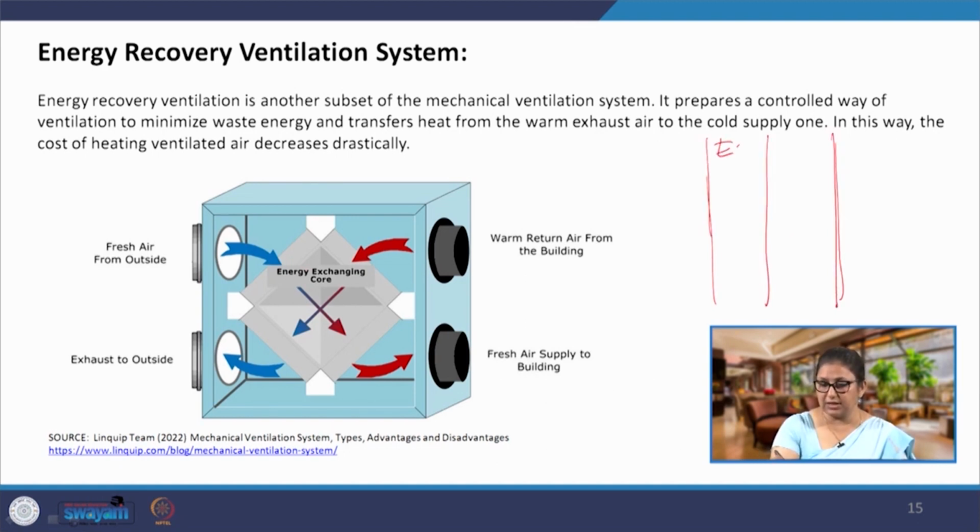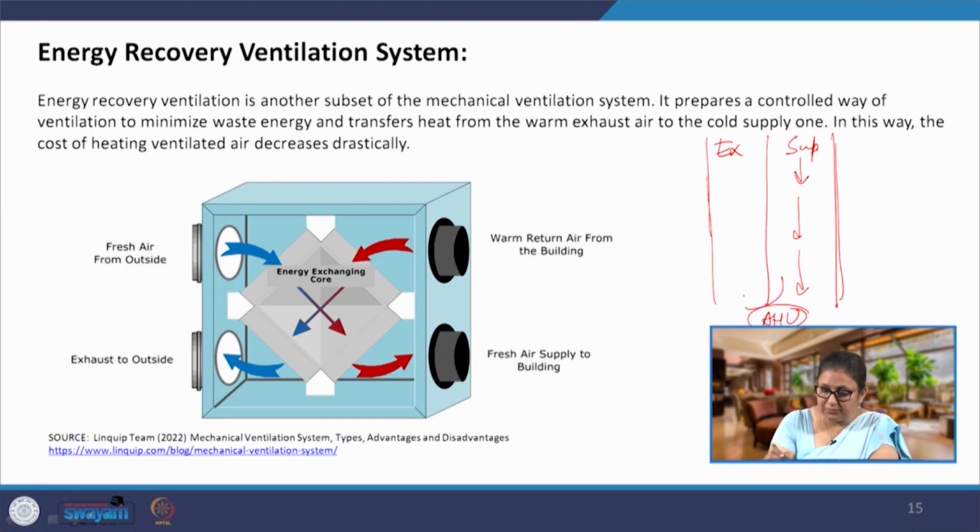So, this is the exhaust duct and this is the supply duct. Now, the supply air is going to come at say 35 degree centigrade from outside. So, this is a warmer air which is going to be sent to the AHU here, and then it is treated,